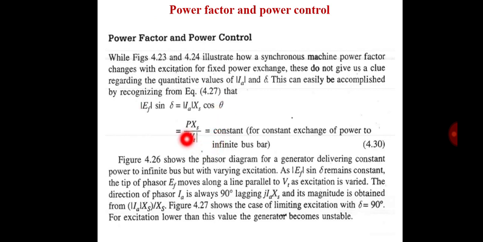IA cos theta means P divided by V, which is constant for constant exchange of power to an infinite bus. So EF sin delta is equal to IA XS cos theta, which is equal to P into XS divided by VT. Okay, from figure